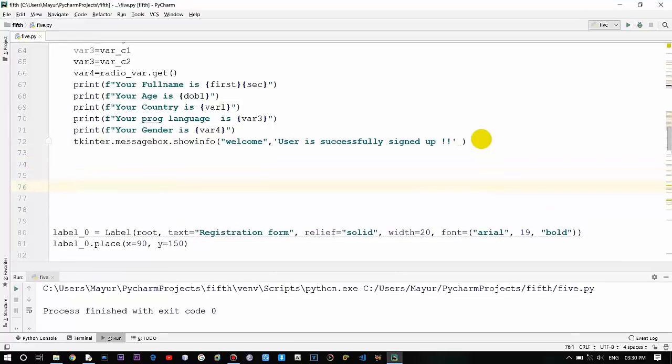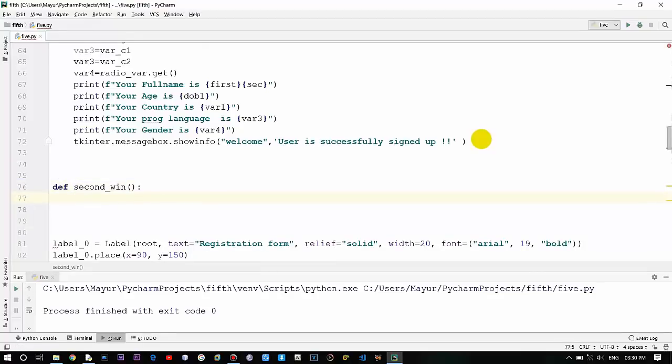So create a function, define and name it as second wind, colon, and similarly like the one which we have created, first of all we need to create a window object, that is wind is equal to tk. Okay,